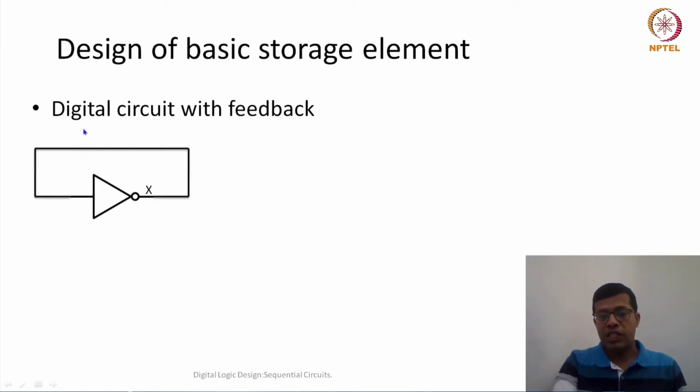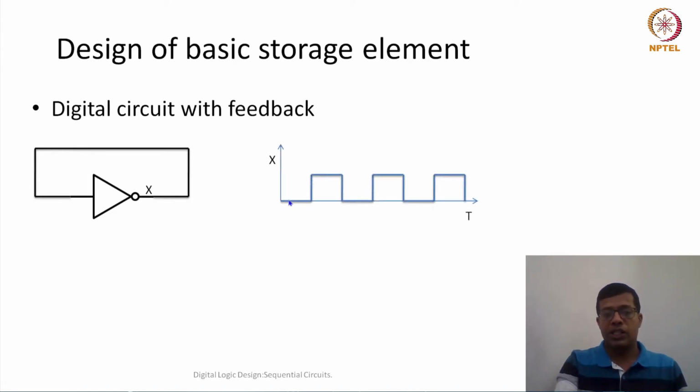So as soon as this X becomes 1, this 1 would be given as an input to this inverter, then this 1 will become 0. So we can put it like this. Let's say initially my X was 0, then after giving it as input to the inverter, after some time it will become 1. As soon as it becomes 1, after some time it will become 0. So it would keep on rotating between 1 and 0, 1 and 0. So it's essentially an oscillator.